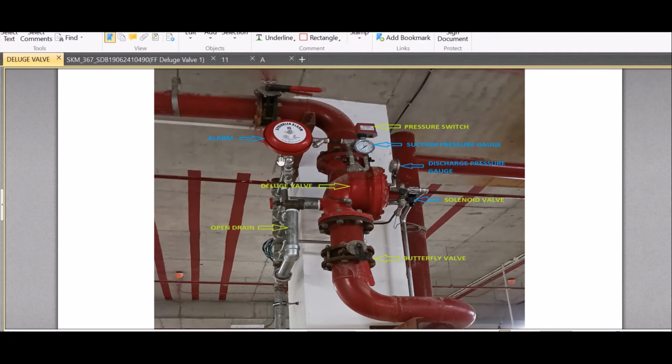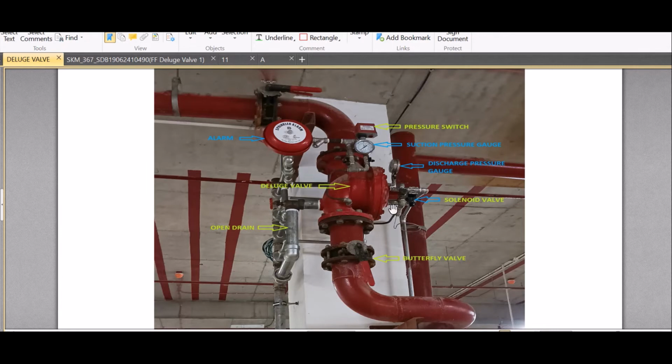This is a drain assembly here. An individual drain connection is made with the main drain, and this is the open drain of the deluge valve. All the open drains are connected with the main common drain.